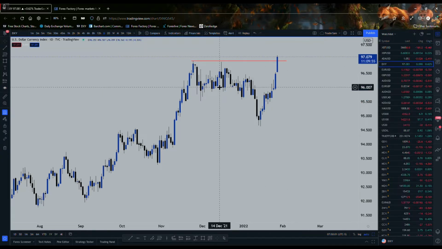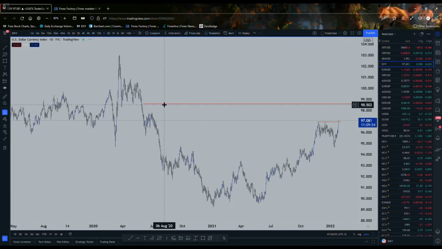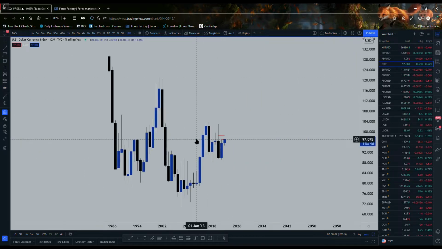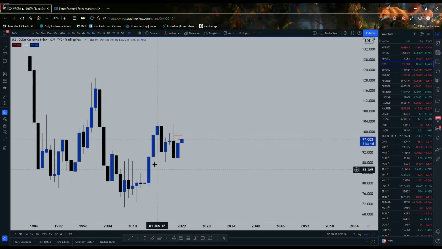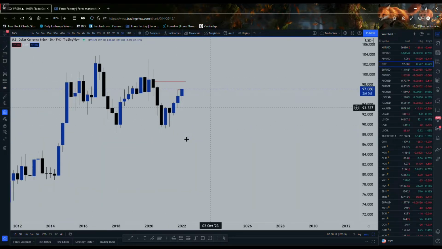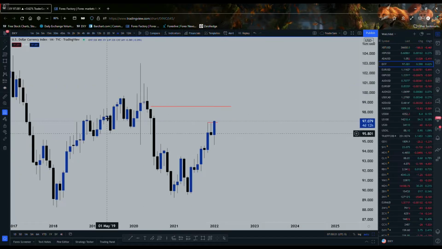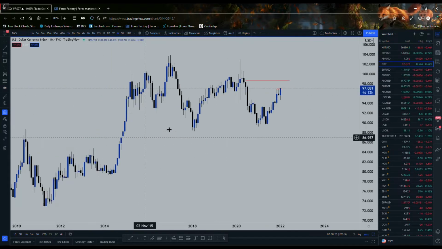What does dollar want to do from here? We will find out. If we go into the 12-month, we are in a massive yearly consolidation, so nothing to be said from there. Same thing on the quarterly charts. Same thing on the monthly. However,